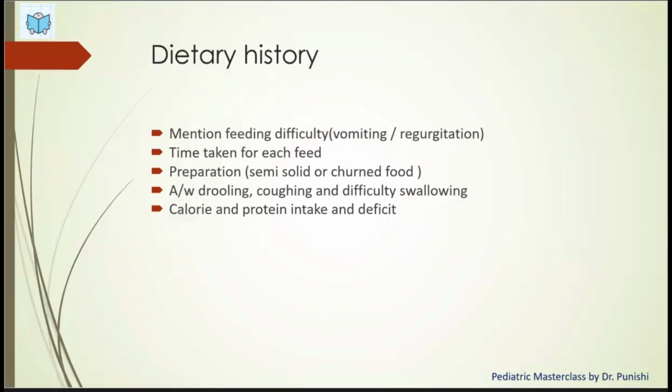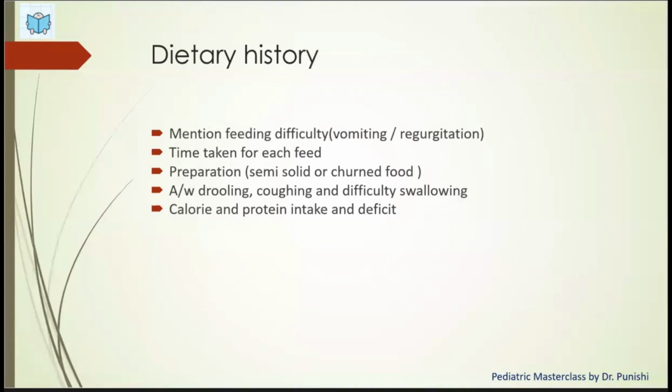So mention the feeding difficulty, whether the child is having vomiting, regurgitation, difficulty swallowing, drooling of saliva. How much time does the child need per feed? Any child who's having difficulty with swallowing, difficulty with the oromotor system, will take longer to feed. Whether the child is able to take solids or whether the mother has to churn it into a semi-solid and give it via a vati spoon. So what kind of preparation, whether the child is able to chew or requires semi-solid foods, association with drooling, coughing, difficulty,